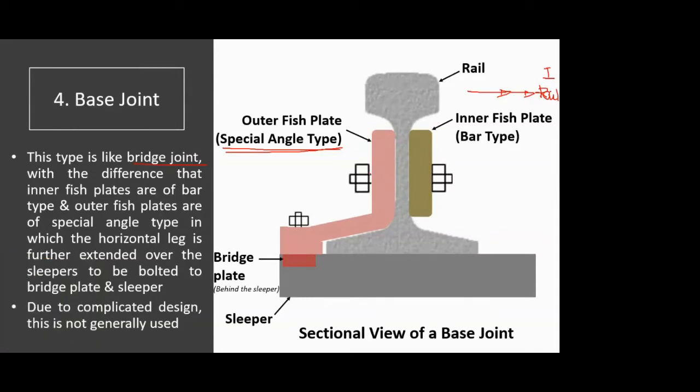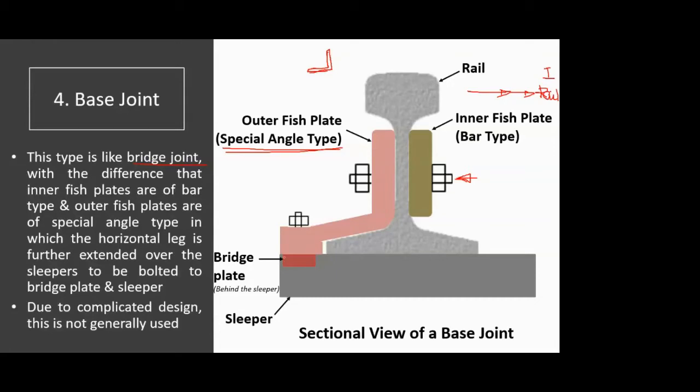One end, or the plate portion of the fish plate, is connected to the other fish plate by the fish bolts. This one. But whatever is the base or the angle section, now in SD you might be studying angle sections. Whatever angle section you study in SD, this type is typical to that. The leg of this angle section has a different shape, so that it can sit on the foot of the rail as well as be bolted into the sleeper.